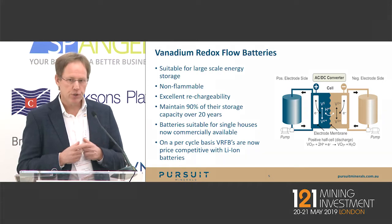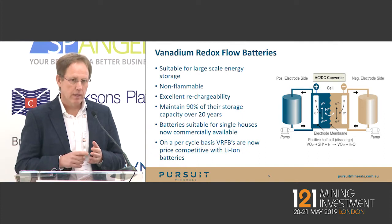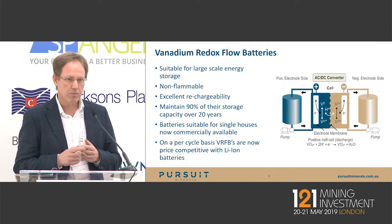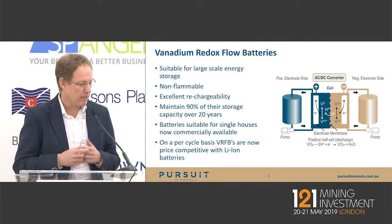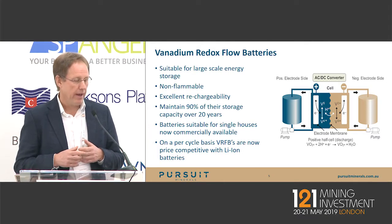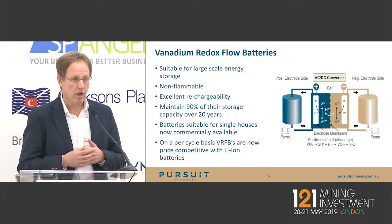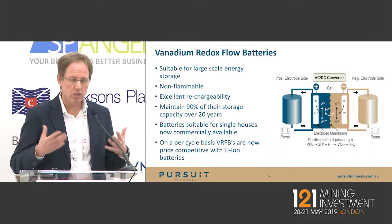Now, why is Europe going to need additional vanadium? It's because of these things, vanadium redox flow batteries. These batteries are suitable for large-scale energy storage. Importantly, they're not flammable, unlike lithium-ion batteries. They don't spontaneously combust. They have excellent rechargeability. They maintain over 90% of their storage for over a 20-year period, so they have a much longer life cycle